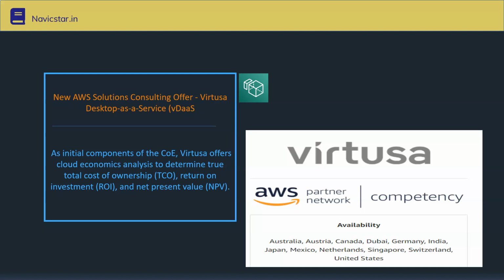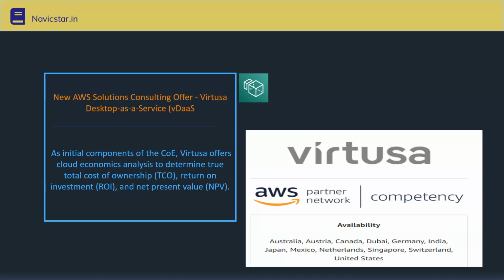For large scale deployment, they provide consulting through this partner network, and within a day or two they will make your 1,000 or n number of desktops readily available for your business need.